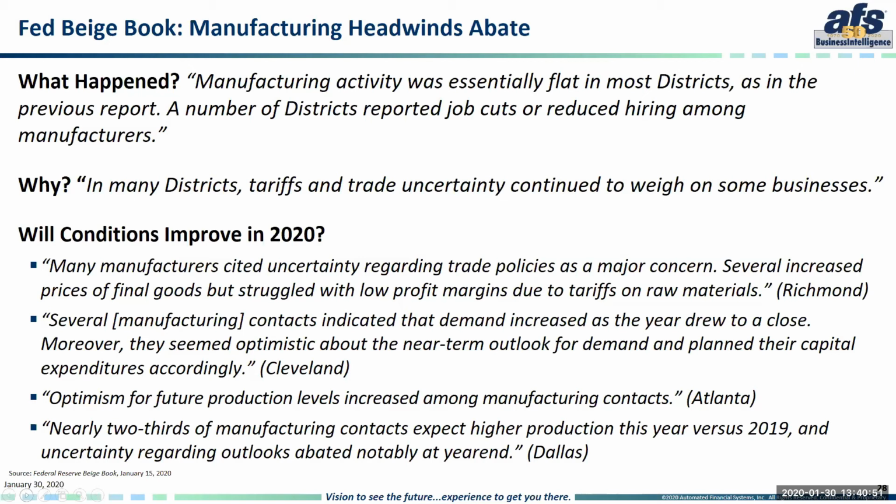The Fed did acknowledge that in 2019, manufacturing activity was basically flat across most of its reporting districts, and that hiring did slow for the sector. According to the Fed, the main driver of this trend was the trade war and the uncertainty that it created for many businesses. It also, for many manufacturing firms, raised material costs, which they weren't fully able to pass on